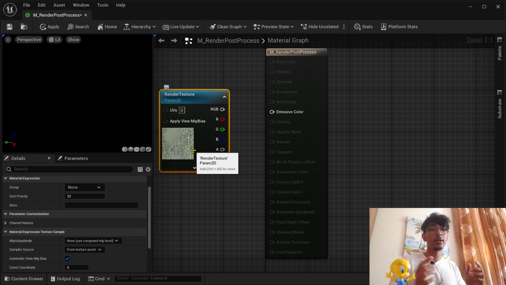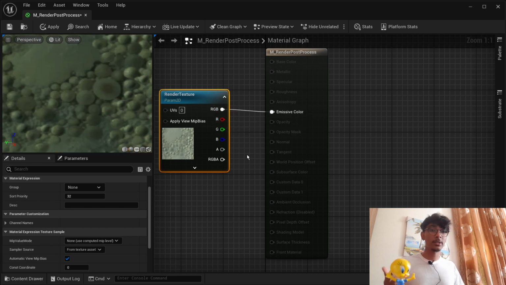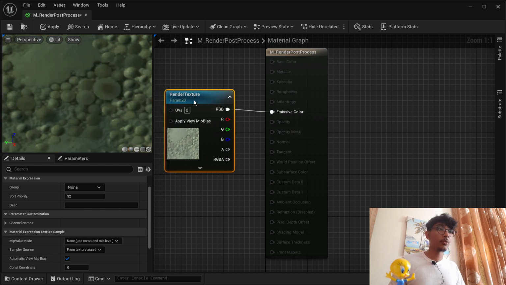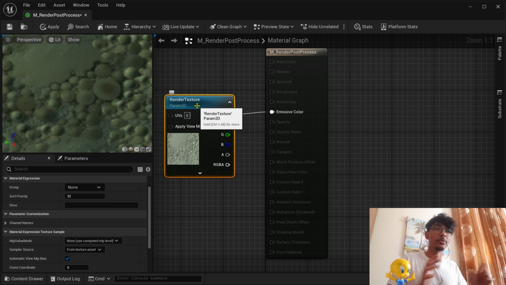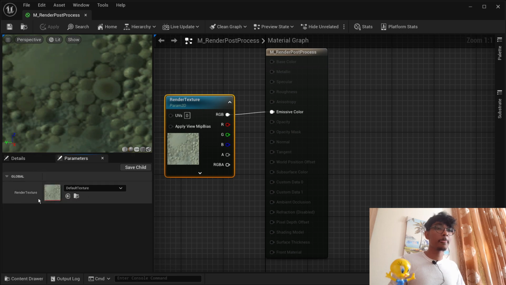So that will be our ray tracing calculation, and then assigning the value to the emissive function in runtime, right? Or rather to the material instance. We'll get to that later, but just keep that in mind. Make sure you have all this set up. So we need to have the material set up, otherwise it won't work. In the parameters, you'll have a render texture